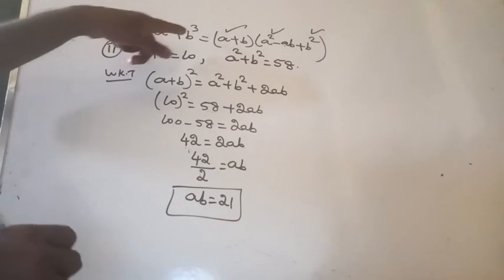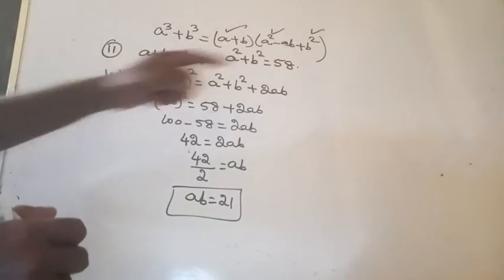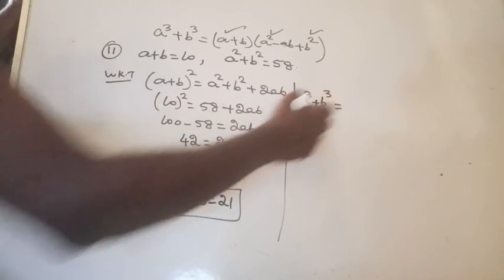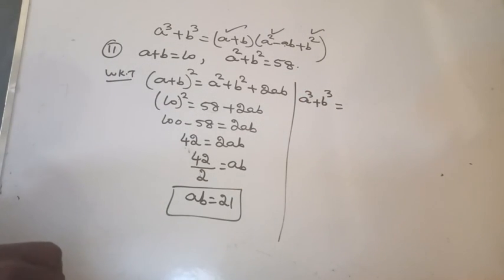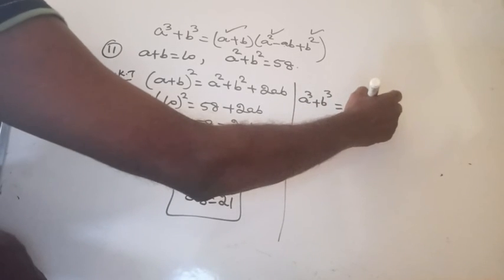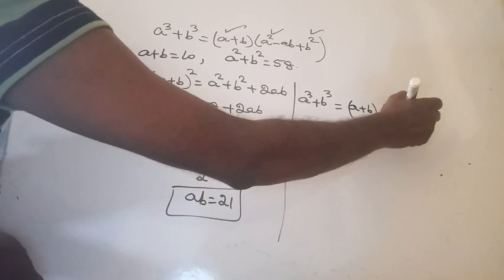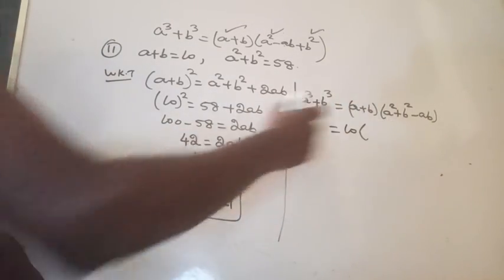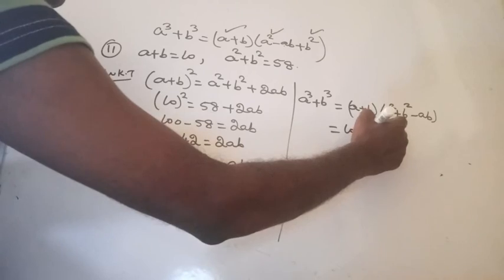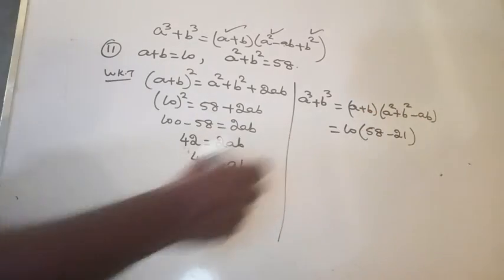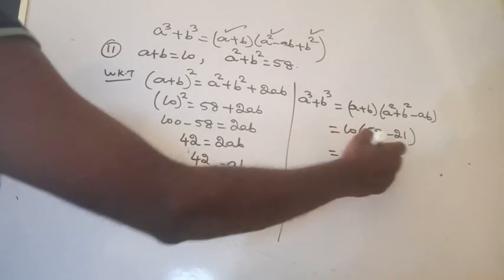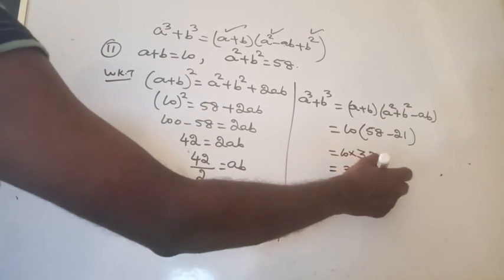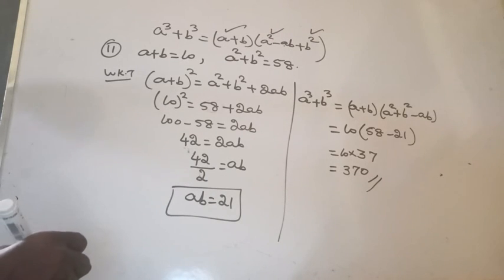Am I right here? Now can you substitute the value of ab here? So what will you get? We are trying to find the value of a cube plus b cube, which is (a plus b) into (a square minus ab plus b square), otherwise a square plus b square minus ab. Now, a plus b is how much? 10. A square plus b square is 58. ab, how much dear? 21. Very nice. Just subtract now. 8 minus 1 is 7, 5 minus 2 is 3, so 37. 10 into 37 is equal to 370.